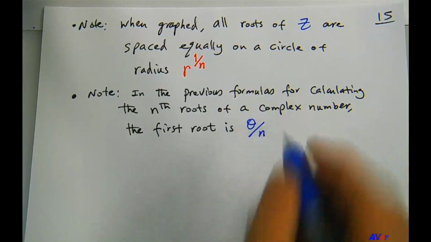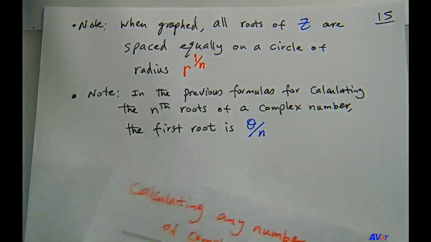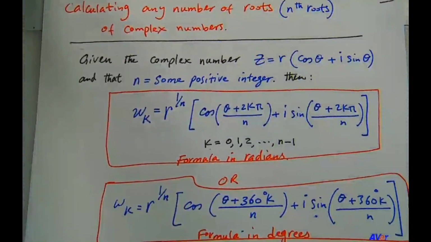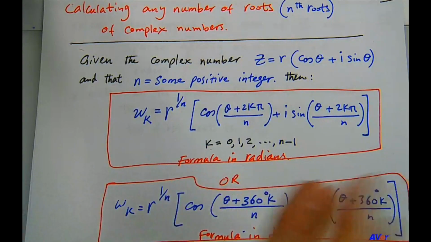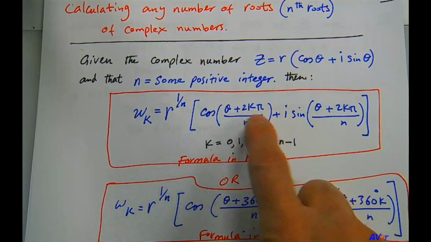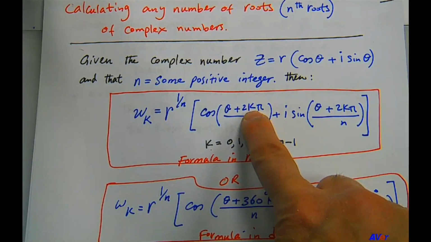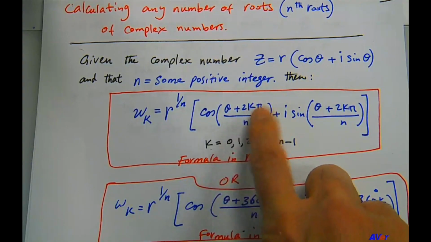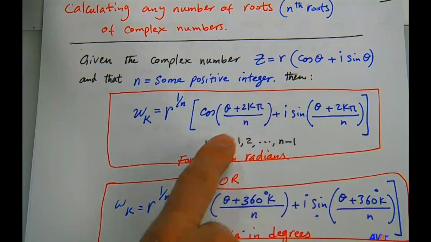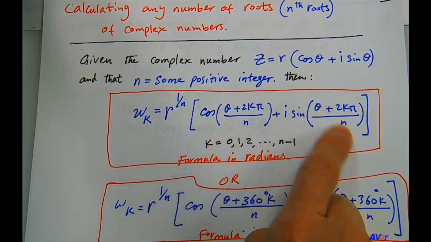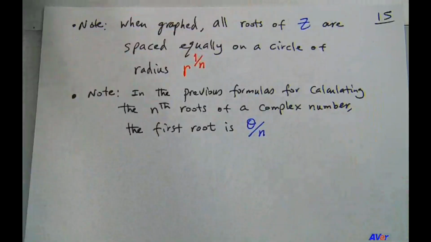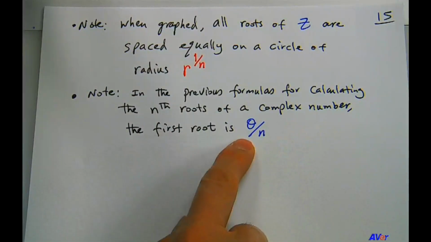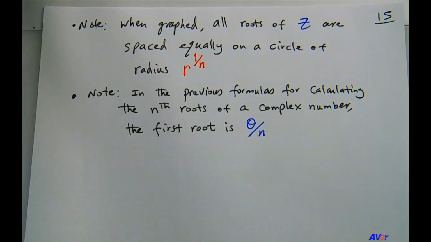theta over n. And when I said it's obvious, it's because k equals 0 gives you the first root, always. k equals 0 gives the first root, always. So if you substitute for k with 0, then that term 2k pi drops out. You end up with theta over n here and theta over n for the sine function. So that's what that note is saying. It's saying that the first root is that, and